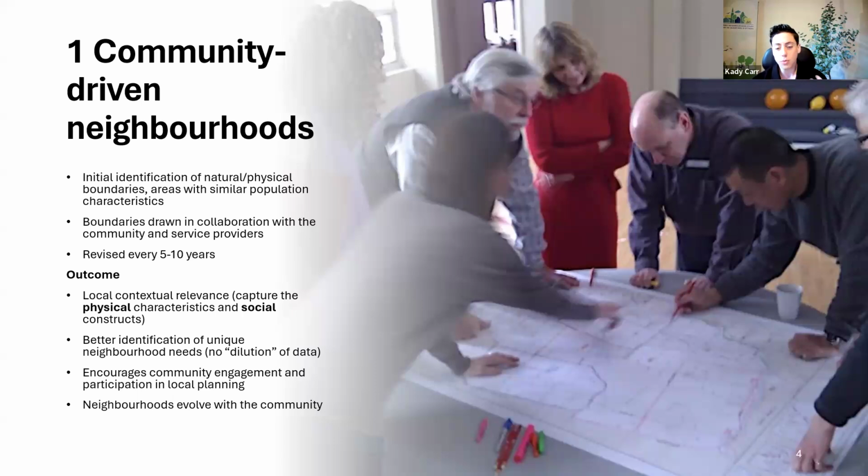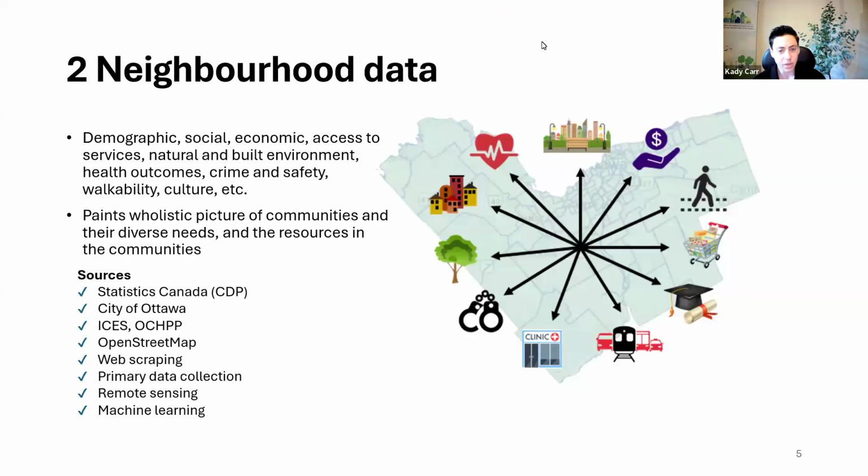And overall, it's really helped to increase collaboration because many service providers have adopted these neighborhood boundaries themselves for their own service delivery models. And so it's really helped with the communication around data, and we'll get into the knowledge transfer and translation piece in a second. So next slide, please. So the second component is the neighborhood data, and this is the part where we bring